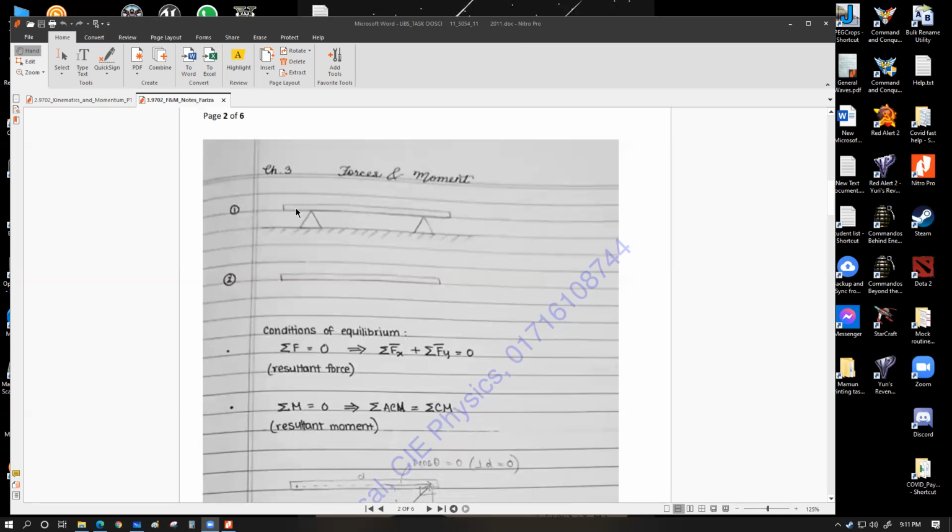So if we apply enough weight, enough force over here, and that force produces enough anti-clockwise moment that it can actually lift up the other end, this object can start to rotate about this point, where this end goes up, this end goes down, having this point as a pivot point. This is possible. Vice versa, that one is also possible. So this is one of the key aspects of balancing situations: if we have multiple different support points, we usually prefer to consider the support points as our prospective pivot points for the